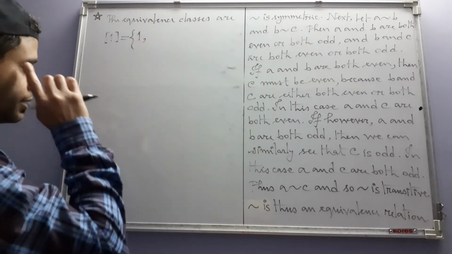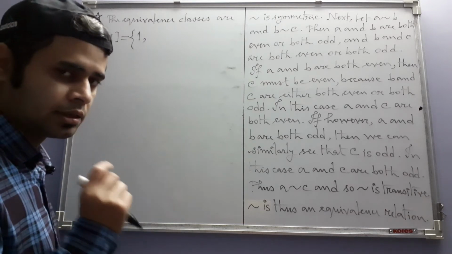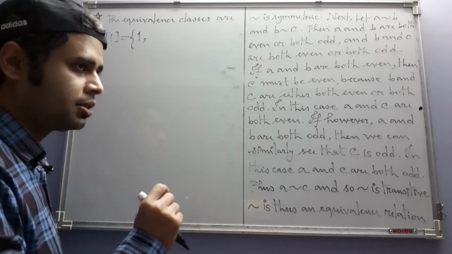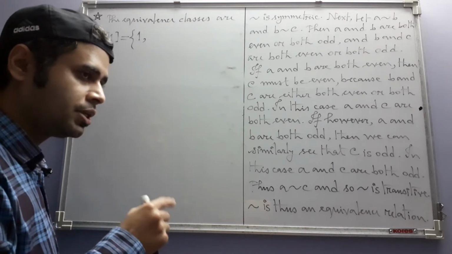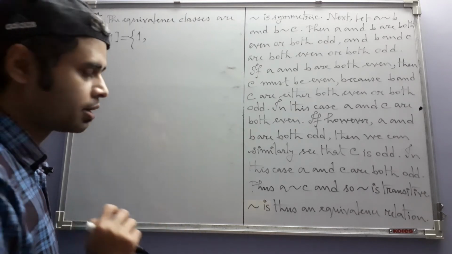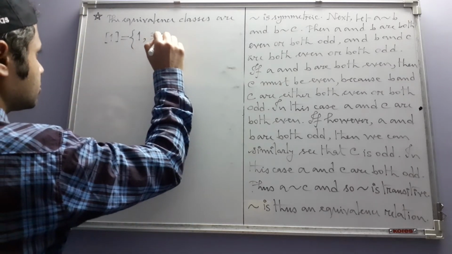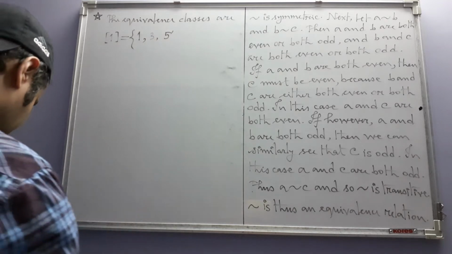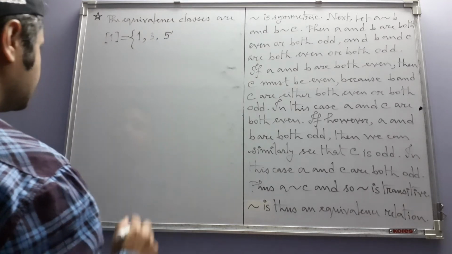This is always the case in any equivalence relation, because the relation is reflexive, an element will always be related to itself, so it will always belong to its own equivalence class. So 1 has 1, 3, 5, and we have more, 7 is also there,